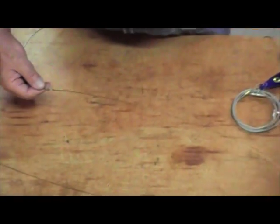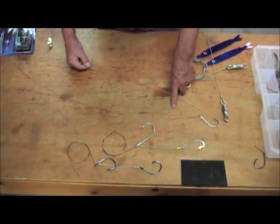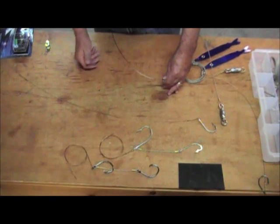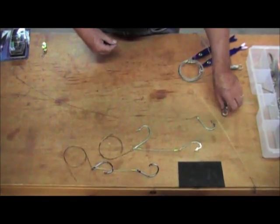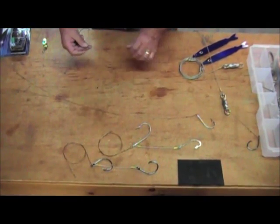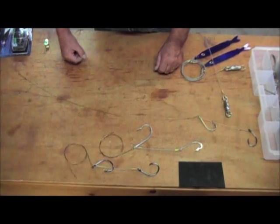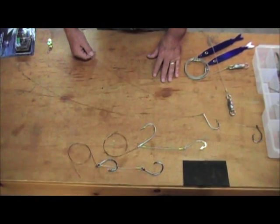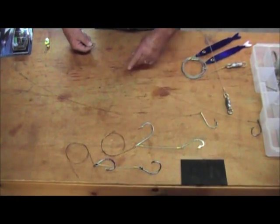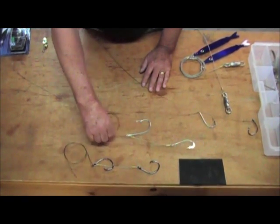So now what you have is 30 inches of wire where it's needed most, in or near the shark's mouth, and then you have 8 foot of 500-pound test cable. It's a great system. It's very easy to change hooks, to change leaders, and so forth. I mean, you can't get any simpler than this. If you get into blue sharks where you're going through rig after rig after rig, you'll find that this is very, very economical, because you can buy a package of hooks for like $15. You can get 6 leadered hooks, and you can get them both single and double